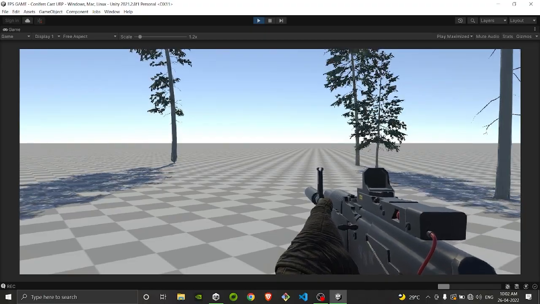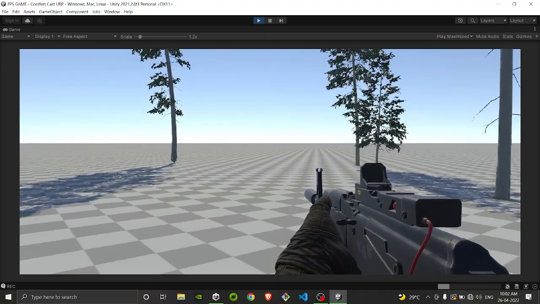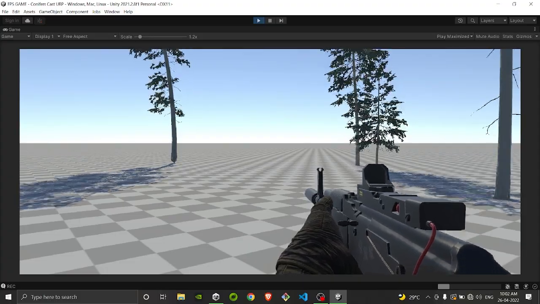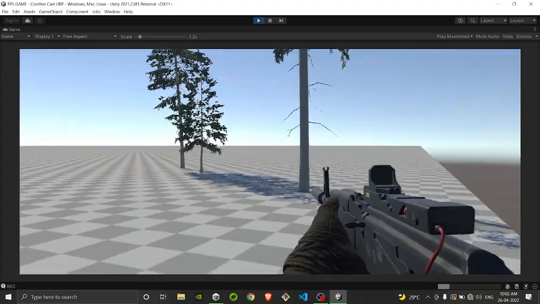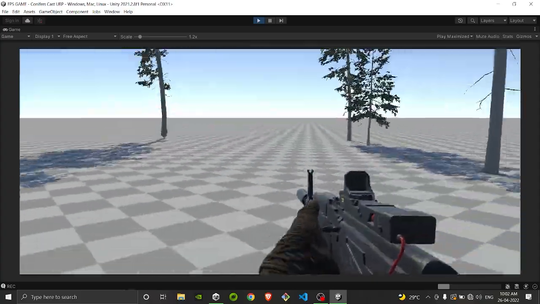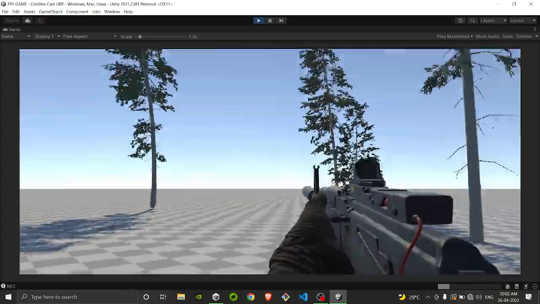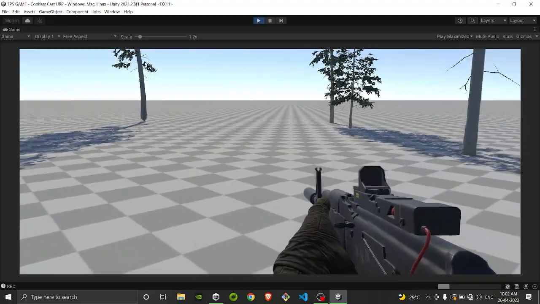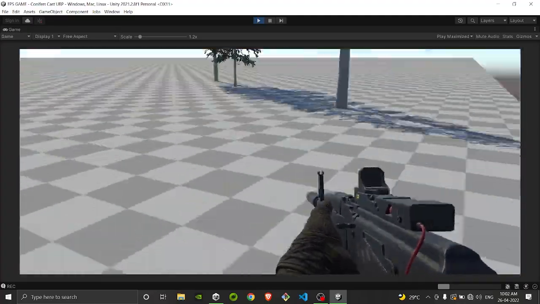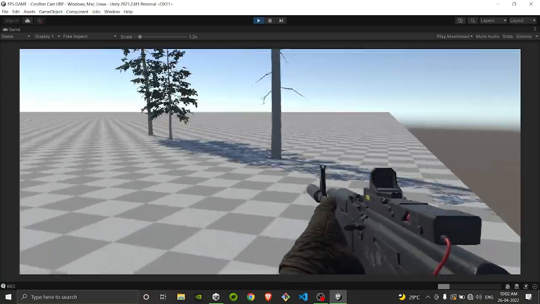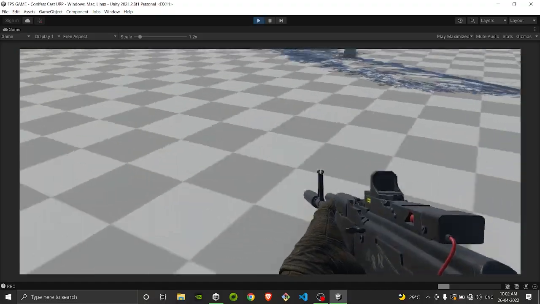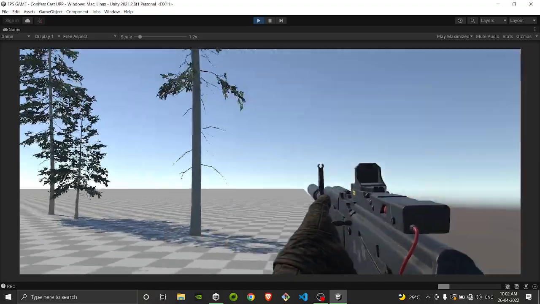So basically today we are going to see how the weapon sway works in games. For example, see if I am moving, the gun rotates and it looks much more natural this way. If it's just directly stiff on the screen, it would not look much natural. So we will see how to implement this today with the help of a script. Not a single animation is used in this. So let's get started with the video.